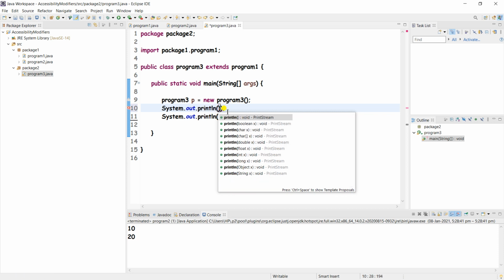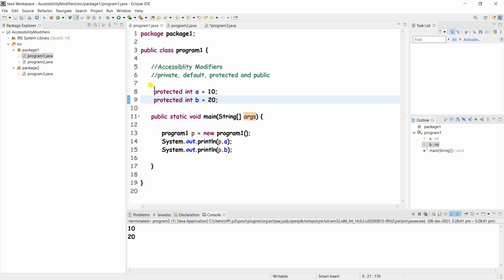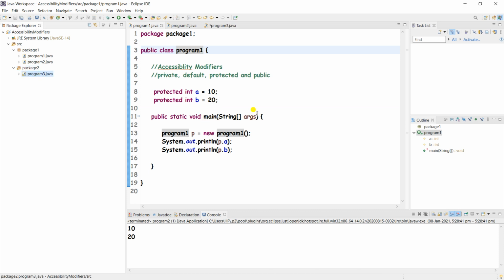Because this class is extending program 1, whatever the members of class 1, that will be accessible in class 3, right?